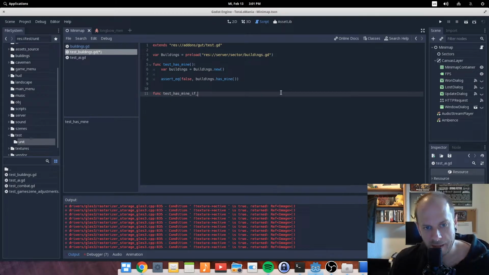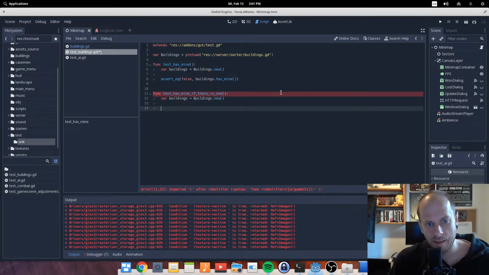We write the second test. This test checks whether there is a mine. This time we are just testing if there is a mine, and we expect that there is a mine. So if I now write assert equal true on buildings, which has mine,